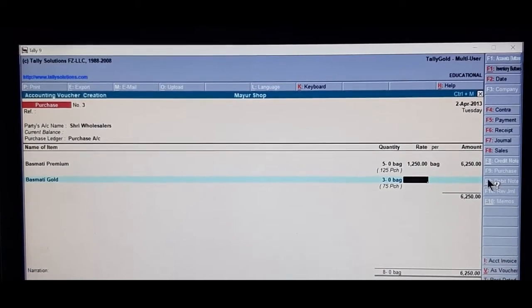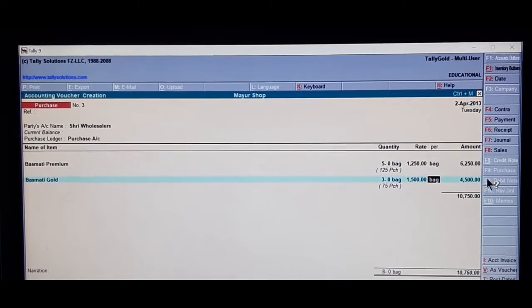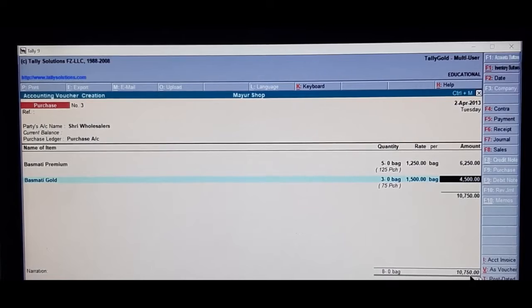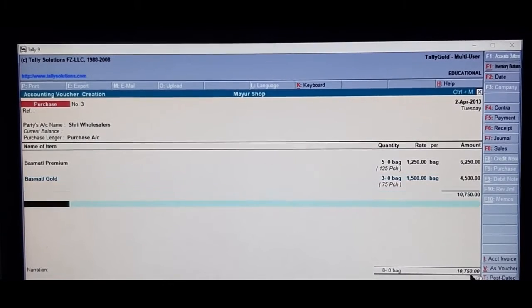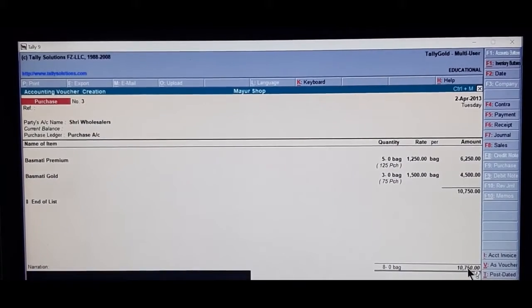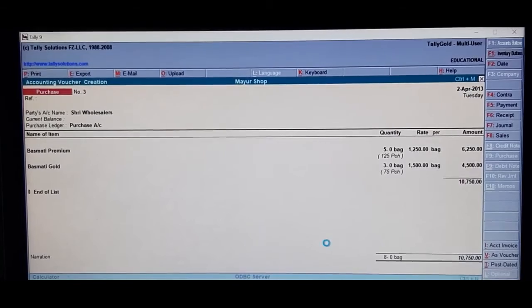Rate per bag is 1500. And we can see down the total here. Quantity and total. Type the narration, then accept, press Y from the keyboard.